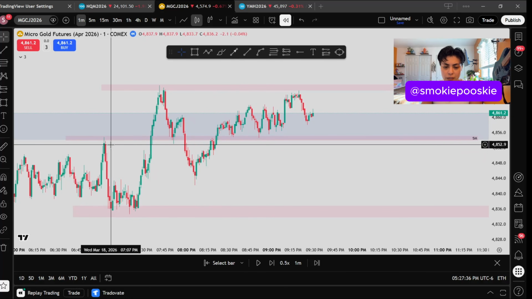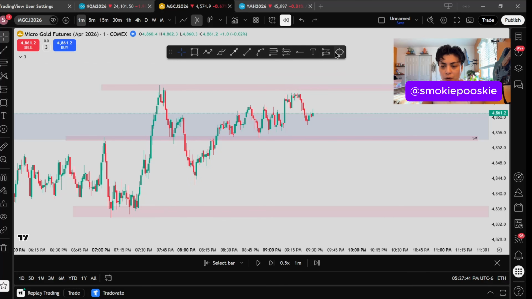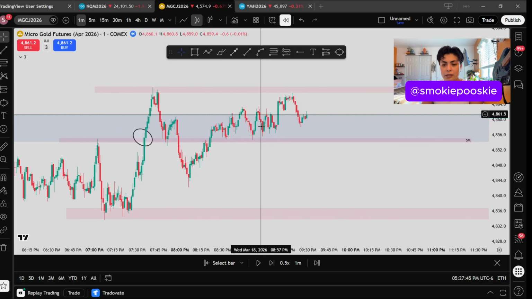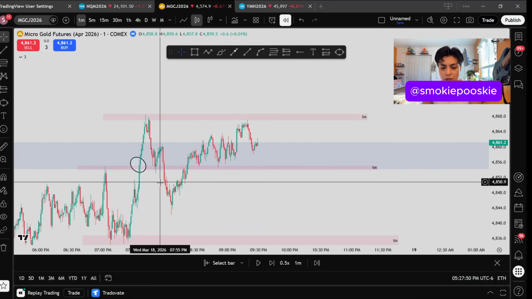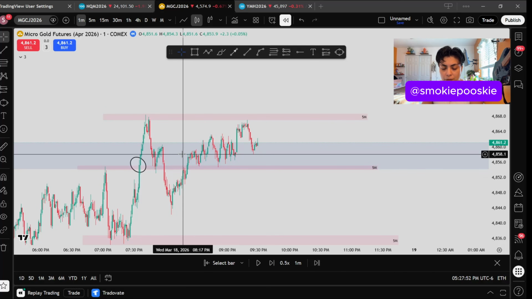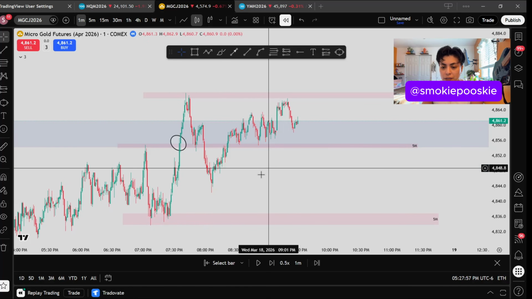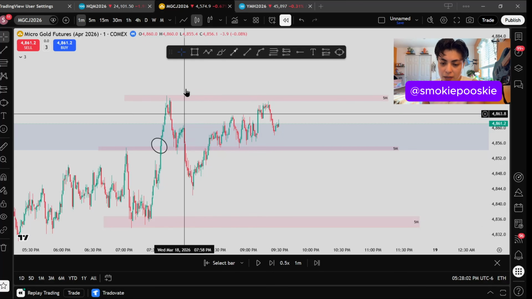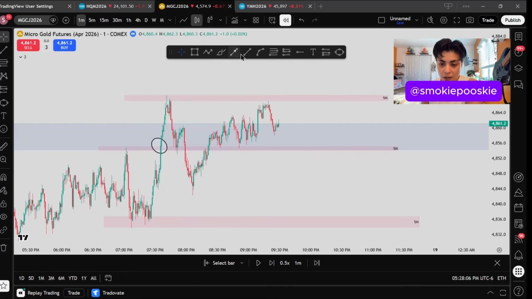I saw that this was our highest point, and price broke out of it and gave us this highest point now. So what was I waiting for if I was going to see if I can scalp some buys? I was waiting for a break above this level again, right? I missed this trade right here. So this is where you can trade support and then resistance and this and that. And yes, I could have scalped this trade right here